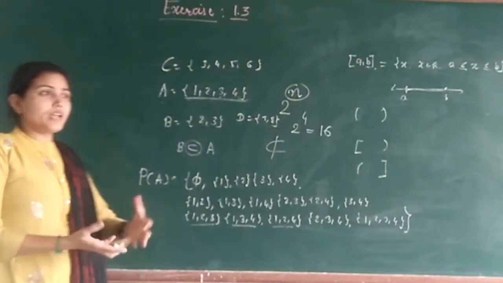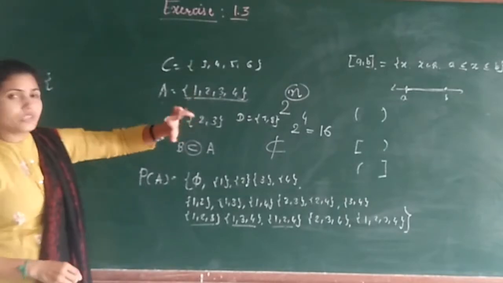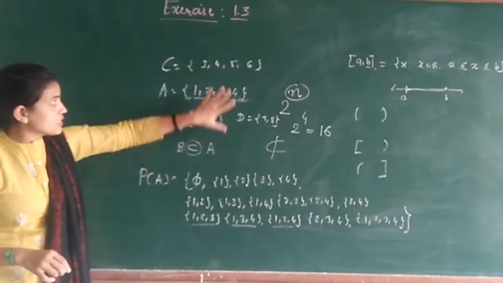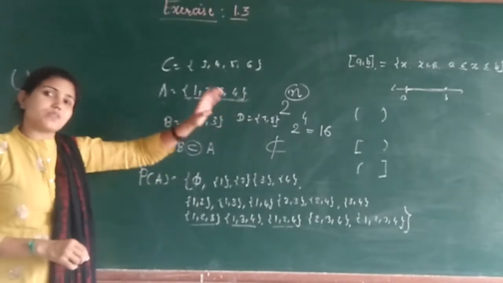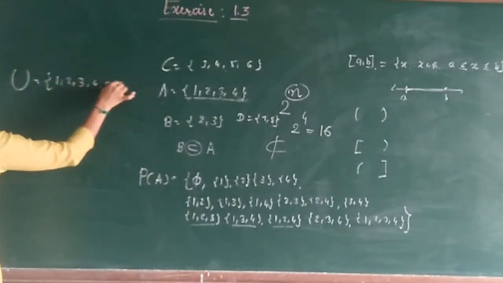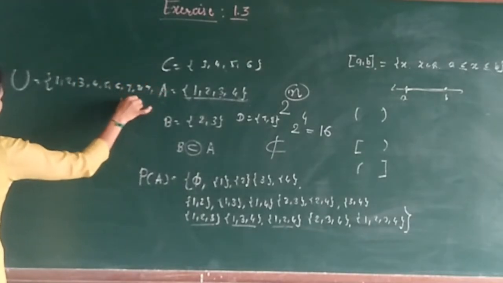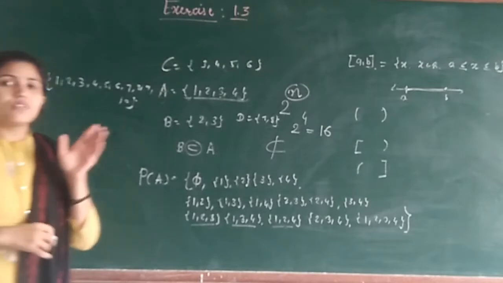तो ऐसा एक हमें सुपरसेट कंसीडर करना है. तो सुपरसेट क्या हो सकते हैं? 1 to 10, because 1 to 10 है कंसीडर करेंगे, then all these 4 are the subsets of this set. So that's why this is the superset which contains all the sets as subsets, 7, 8, 9 and 10. So this is called universal set.